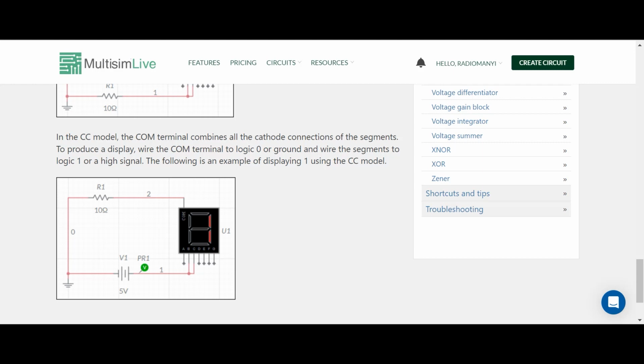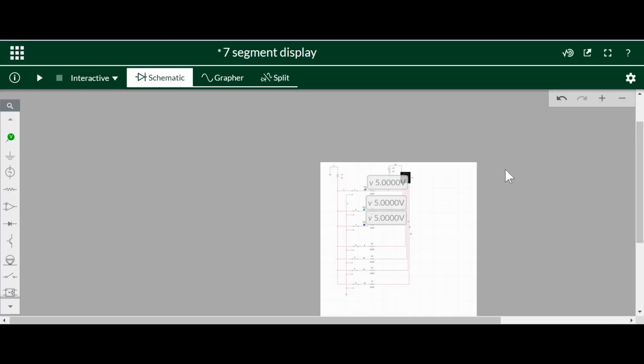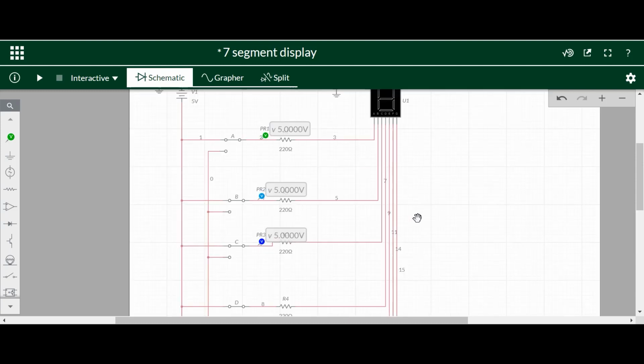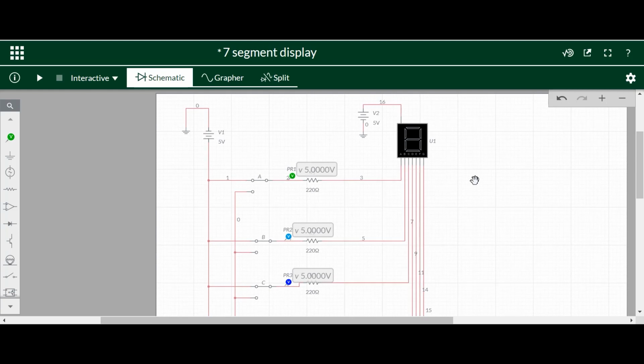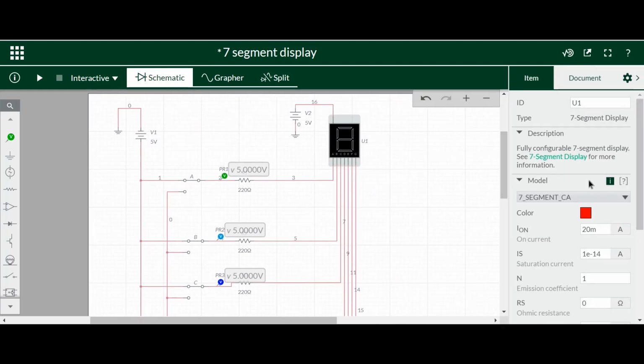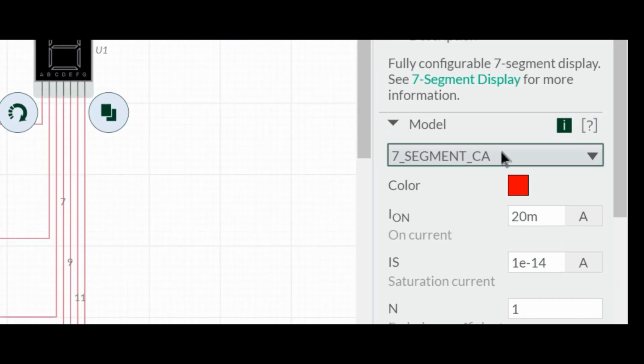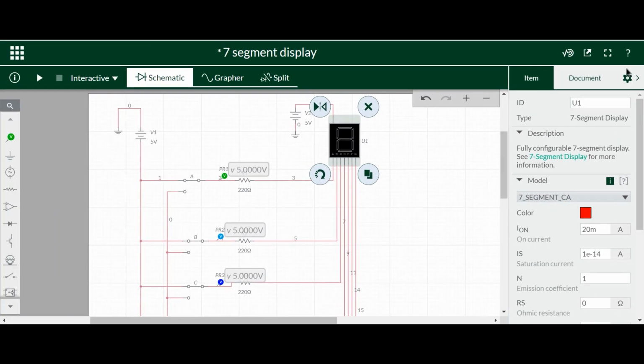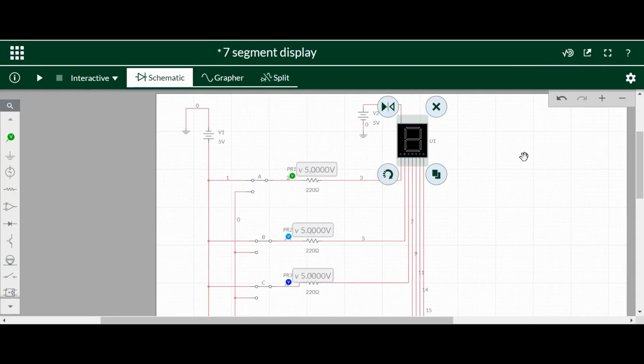Now let's begin to build our own simulation circuit. Now I have built our 7-segment display project on Multisim Live. Let's zoom in. So I choose this 7-segment common anode module. So if I want to light it, I have to use a high voltage linked to its common